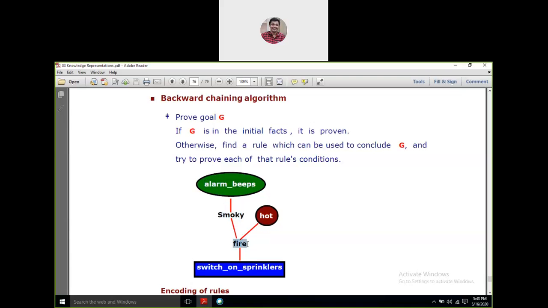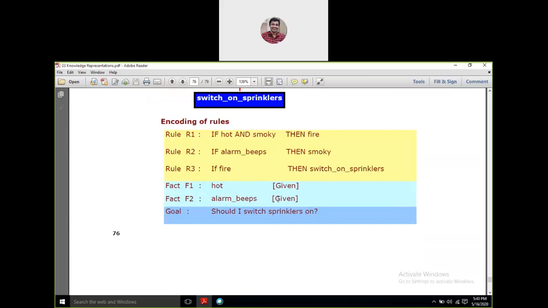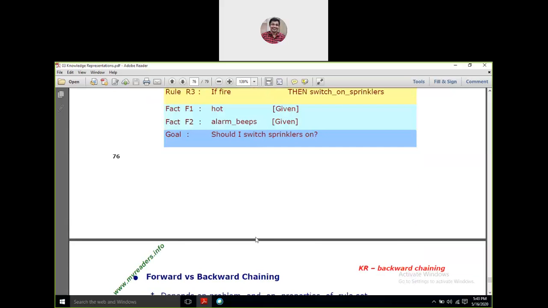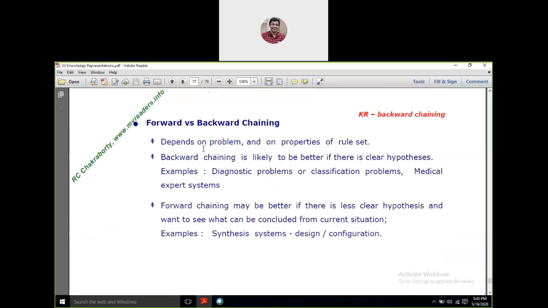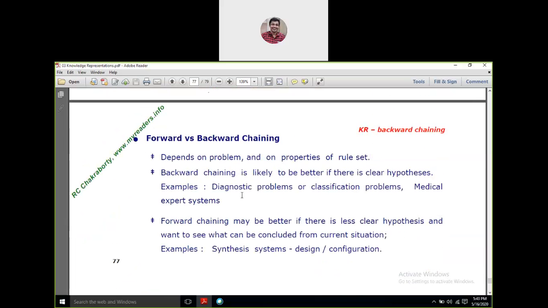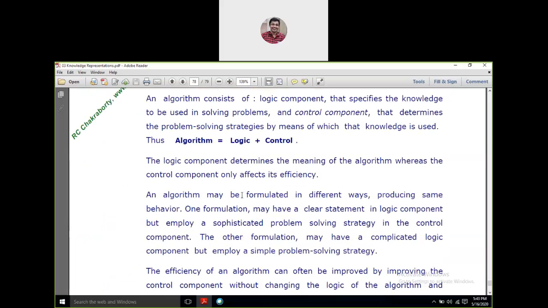Or else if there is only fire, then it will be the condition of hotness, right? It will be warmer. Simple encoding rules, nothing more. A small difference between forward and backward chaining depending on the problem. Control knowledge,